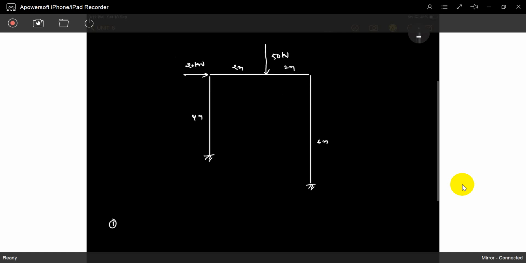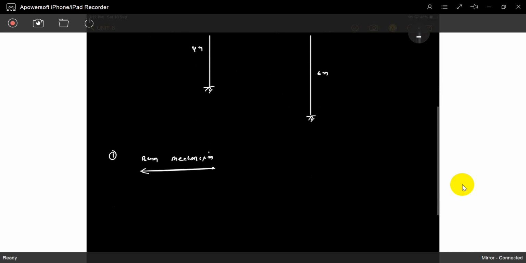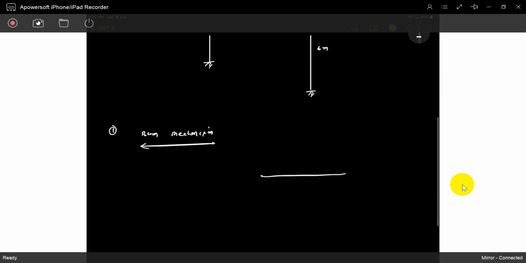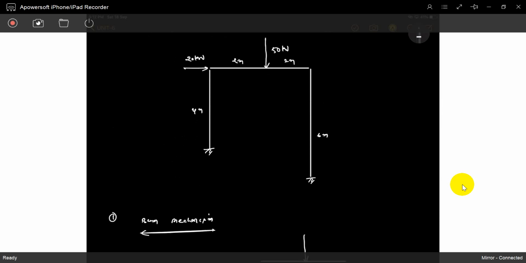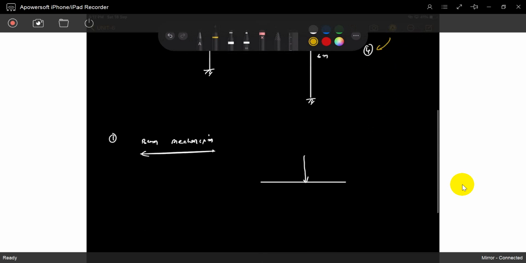The solution is, first we have to check for the beam mechanism. Beam mechanism check is very simple. 3 hinges are sufficient. For the total failure we require 4 hinges, you already know. So 6 minus 3 is 3, 3 plus 1 is 4 hinges required for total failure, but for individual failure this requires just 3 plastic hinges.